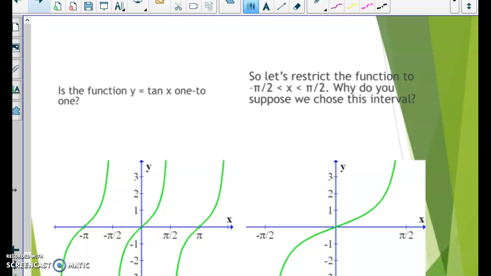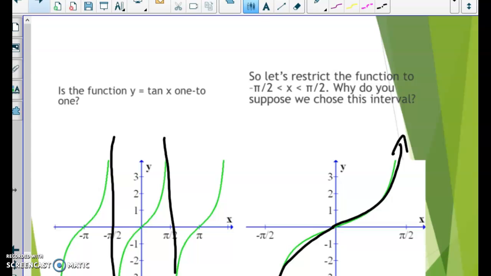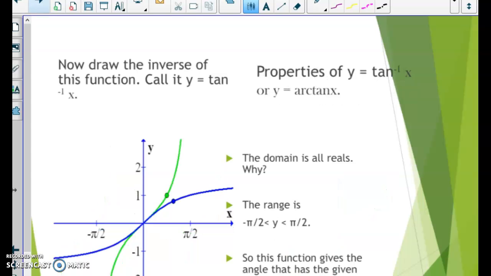Now, if we look at the tangent, if we do the same thing, that's one period of tangent, because the period of tangent is pi, not 2 pi like the sine and cosine. So if we limit it to one period, we're going to get all of our values. Now we have to be careful with our range of the original, because instead of going up to 1 and stopping, these go to infinity. So when we do the inverse of it,